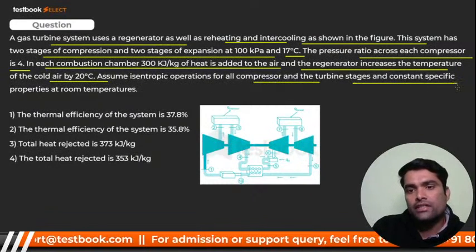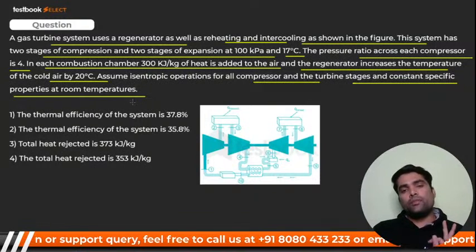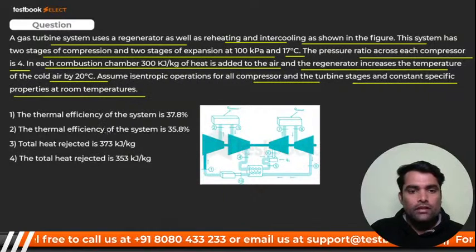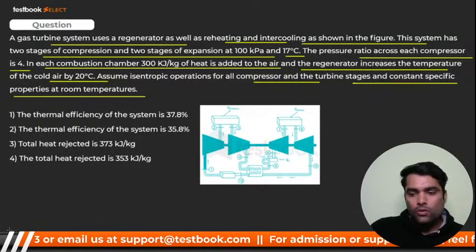Assume isentropic operation for all compressor and turbine stages, and constant specific properties at room temperature. So bacha party, listen to me very carefully. Thermal efficiency and heat rejection are what we have to calculate. So before going ahead,